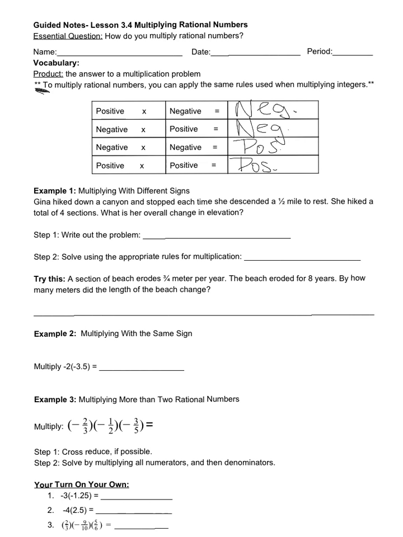Gina hiked down a canyon and stopped each time she descended a half mile to rest. She hiked a total of 4 sections. What is her overall change in elevation? Now our first step with this problem is to write it out. But before I do that, I want to take a look at some keywords in this story problem. And I see one right here, descended. And when I see the word descended, it makes me think of a negative number. So she's descending a half mile. So that's a negative